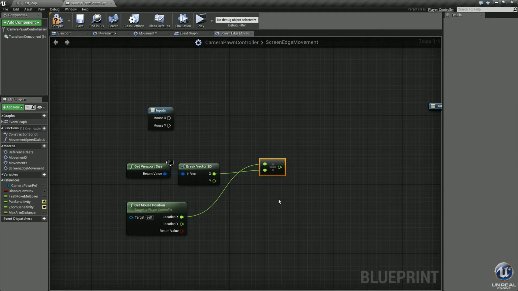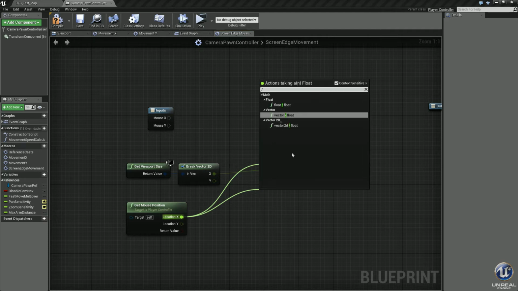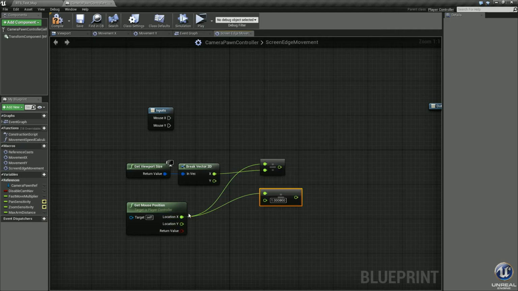We need to divide this number again. Oops, let's just drag off of this one. Divide. Make sure this one is on top. We want the mouse position X on top and this one on bottom. We could probably run both of them off of here, but we're not going to do that. It just keeps it a little cleaner if you do it like this.